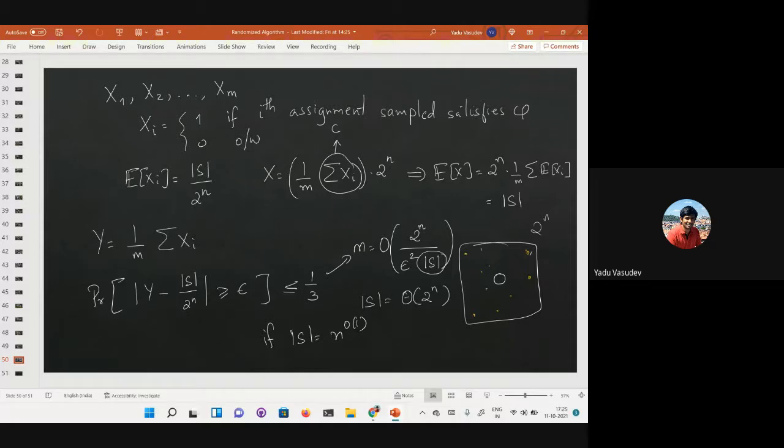So one crucial thing that you need is that the set that you sample must have a large enough weight inside the set from which you're sampling, or you define the distribution suitably. And that doesn't happen here. So this naive Monte Carlo method of just sampling from the set of all assignments is not going to give you any good algorithm. Is this clear? Any clarifications here?